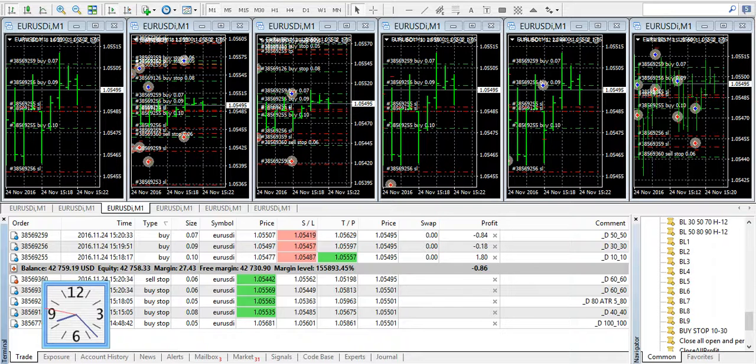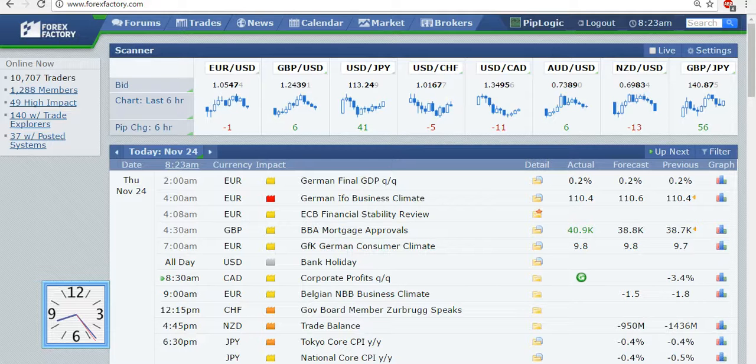So at 8:30, I don't know if there's any news coming out. There's big Canadian news coming out at the bottom of the hour, so that should affect the dollar. It should affect everything, I suppose. And then there's going to be this news here, and then the government member Zuckerberg, whatever this guy's name is. Well, these people that come out with news at 6 p.m. are probably going to rock it. So you could have a